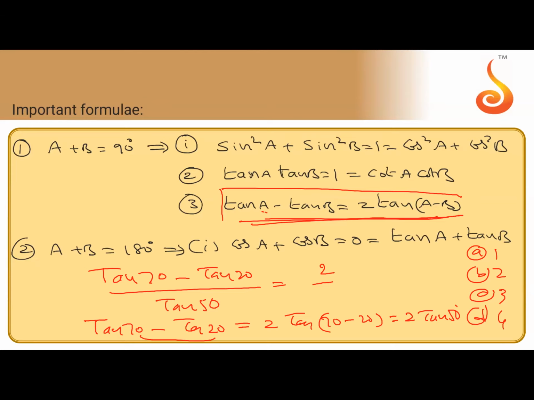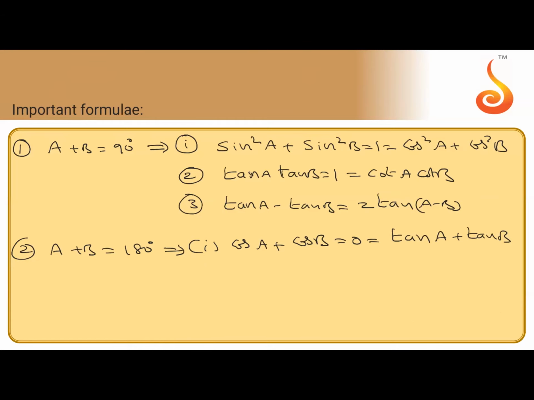This is a very good question, good even for CET. This is one of the main questions on this topic: tan 70 minus tan 20 by tan 50. In another way, suppose you are not getting an idea about the formula, how to solve this one. Look at it. This is clear now? Suppose you are not getting an idea about solving this, what to do here? Now tan 50 is there on one side.